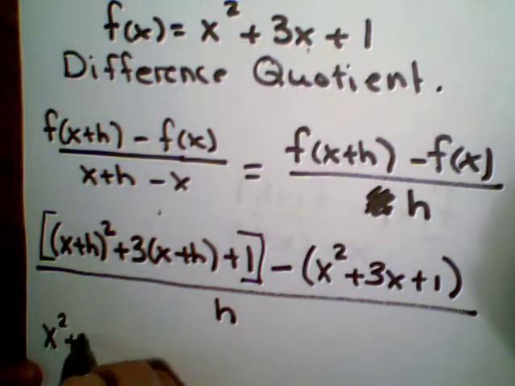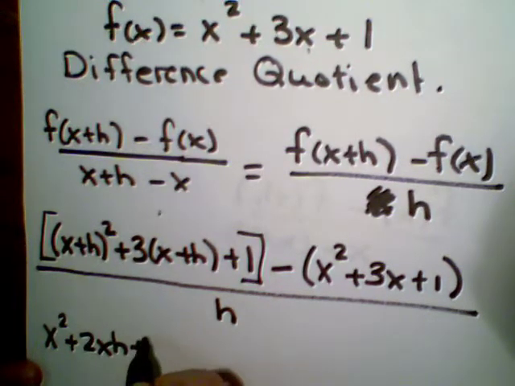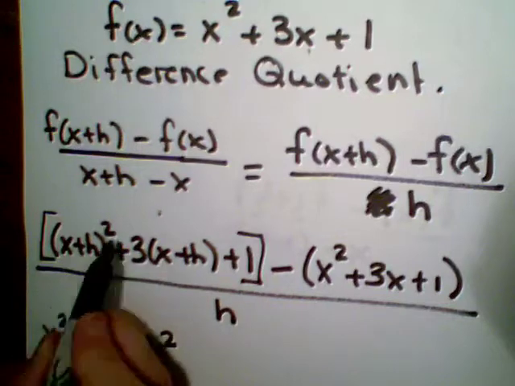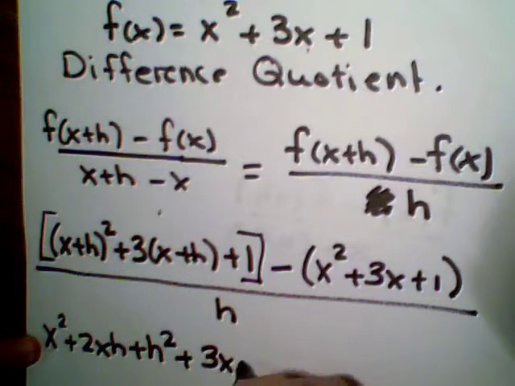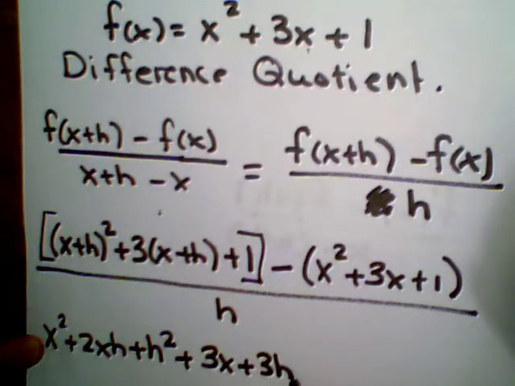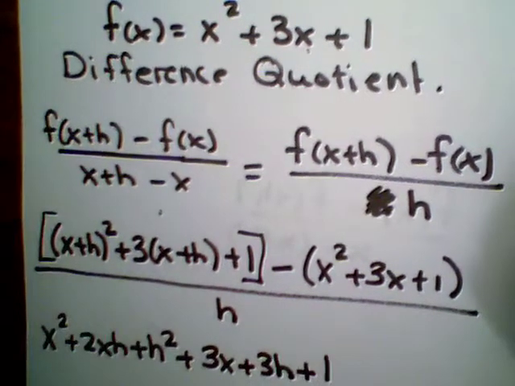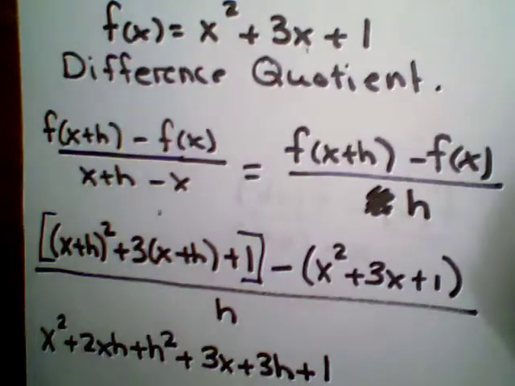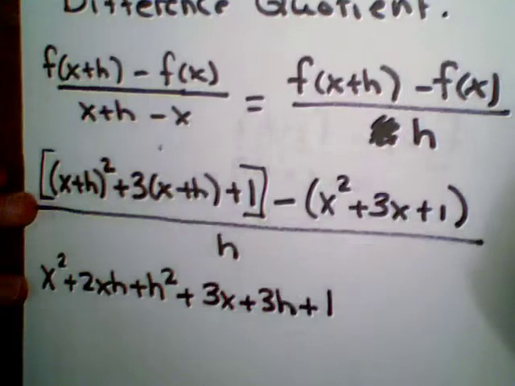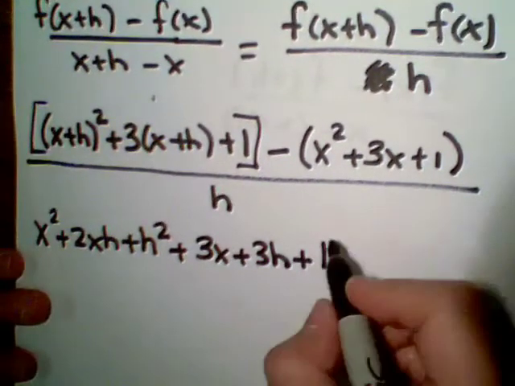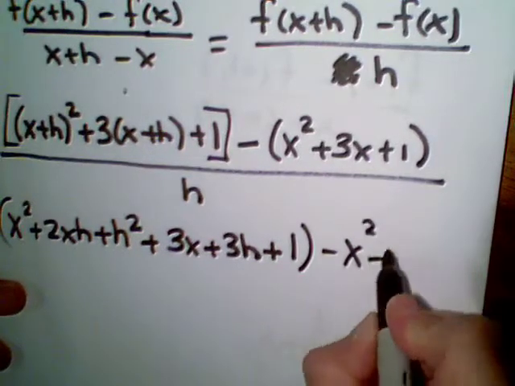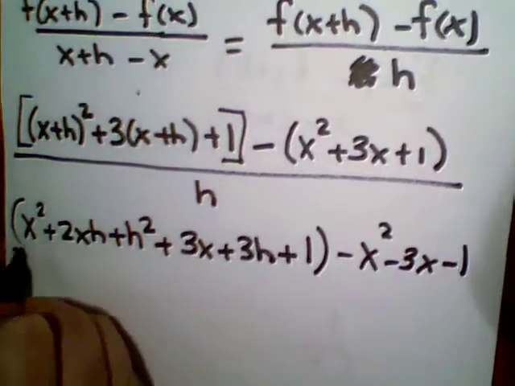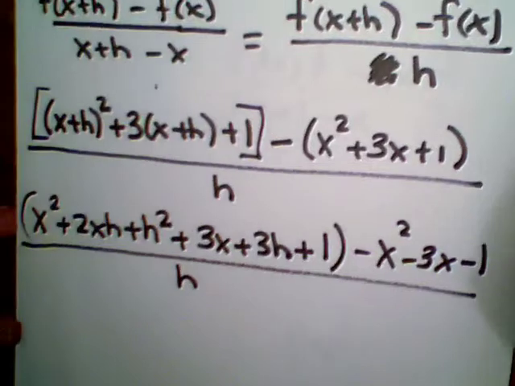Now we expand the polynomial. X plus h squared, of course, is going to be a trinomial. We'll distribute the 3 through the parentheses. The constant 1 remains the same. We are going to need to then subtract x squared, subtract 3x, subtract 1, and eventually we will simplify the